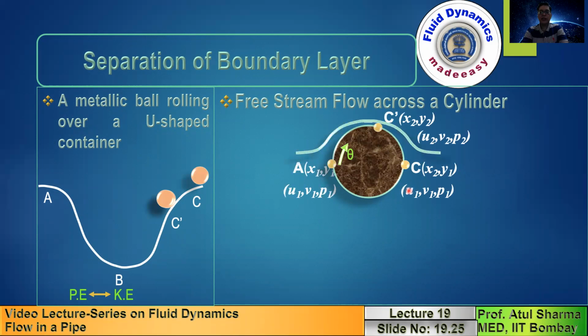So in this case, let us consider a streamline near the solid surface, and as I had mentioned earlier for flow over a flat plate, the surface of the top surface of the flat plate for the previous problem,